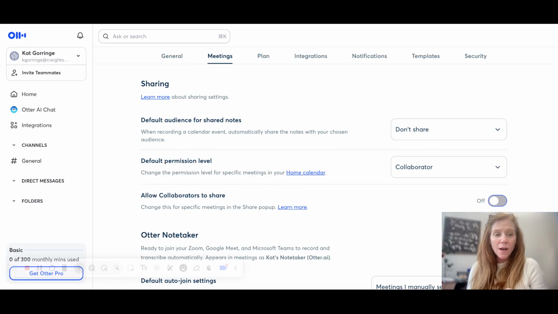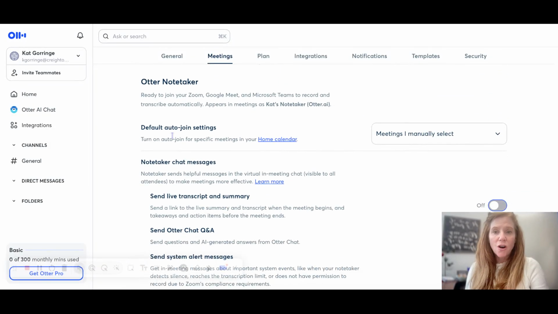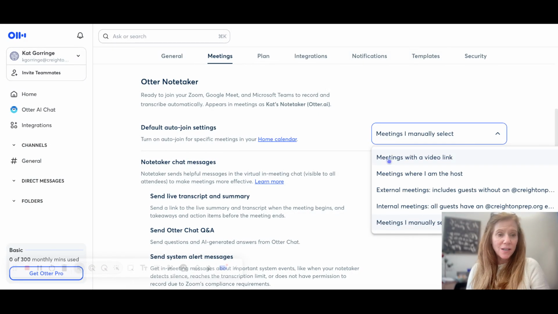Now, what Otter, and I'm probably going to put a guess out there that most other apps like this do, is they default to auto join meetings that have a video link. Like any meeting that is on your calendar that has a video link, you're going to join it via Zoom or Google Meet.